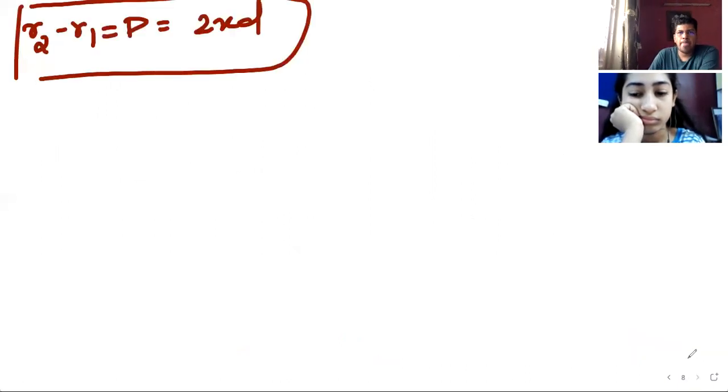So this is called as my path difference r2 minus r1,